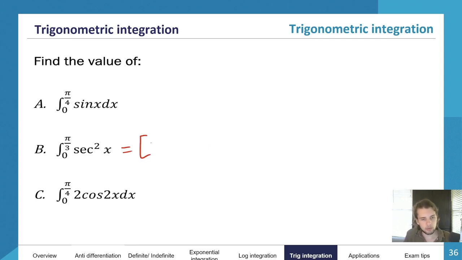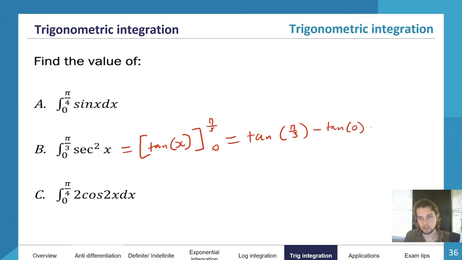Okay, so that's equal to tan, and we're following the formula sheet here. Tan x, then we have the definite integral, so we have these two boundaries. So then we have tan pi on 3 minus tan 0, which is equal to tan pi on 3,